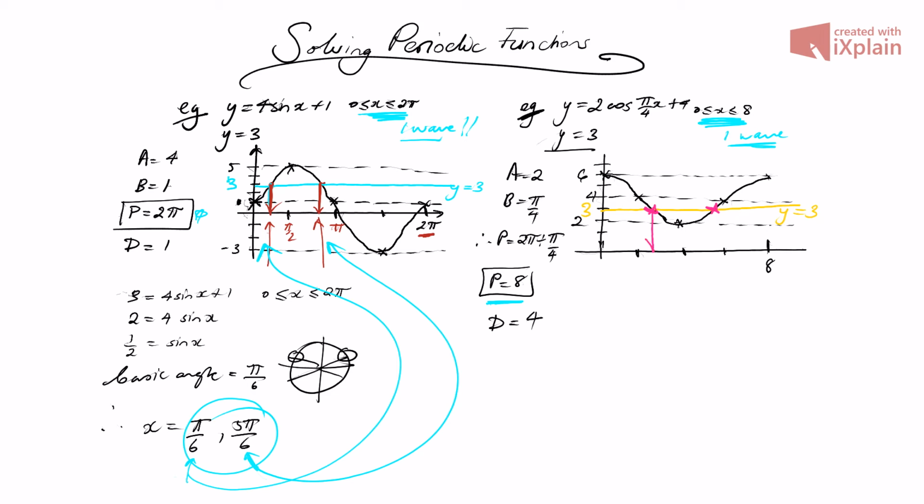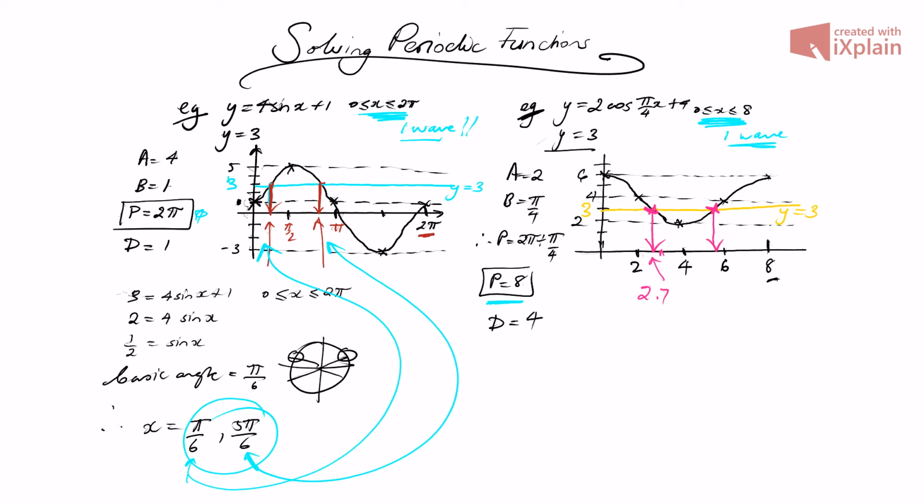If we come down to the axes, we can come up with a bit of approximation as to what they would be. We can look at our axis that the period was 8, so that means halfway is 4, half of that is 2, and then 6. Let's have a bit of a guess at what this might be. Looking at my graph, that's 3 there. So I think this value here is 2 and a bit. I'm going to guess that it's going to be